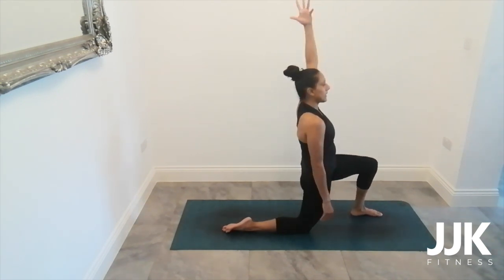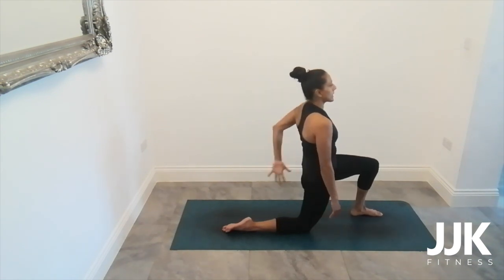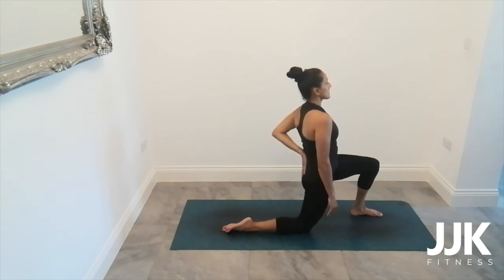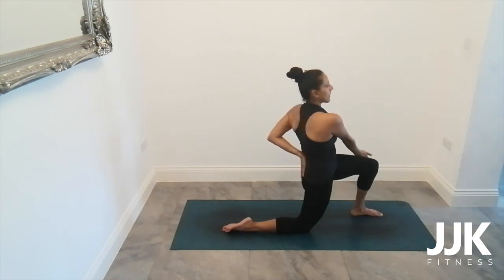From here, inhale that left arm up to your ear. And as you exhale, bring that arm behind you. Palm onto your sacrum, fingertips pointing down. Keep drawing that left shoulder back. Inhale the right arm up. Exhale, bring the back of the hand into the outside of the left thigh. So start with your torso